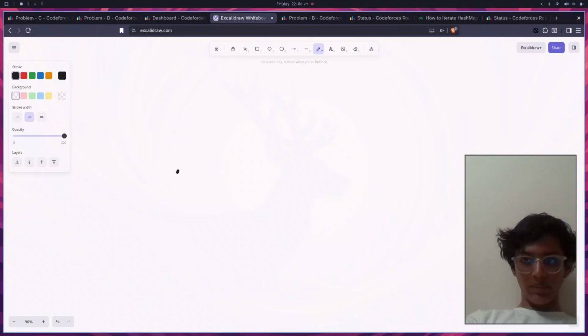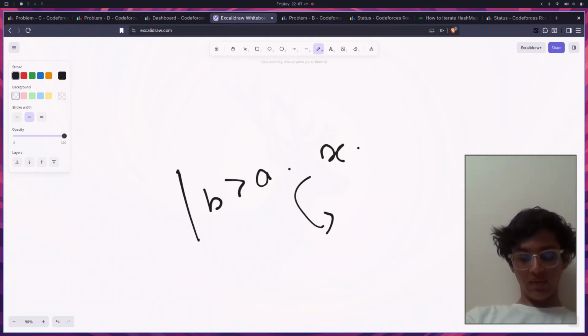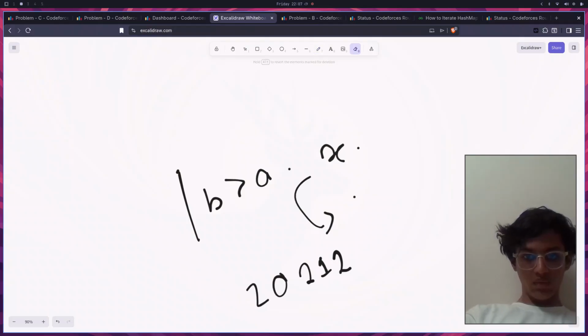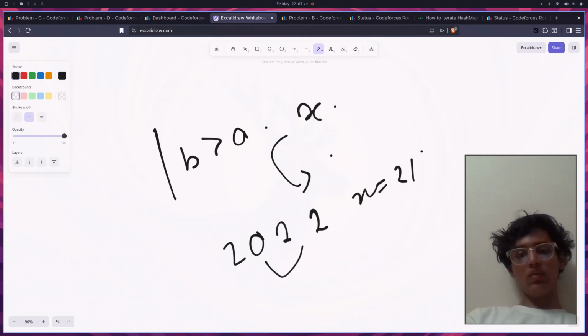So there are numbers. I considered B is greater than A, and there is an X present. So it is always optimal to divide it by X. So in 20, 21, and if there is 22, and X equals 21. So 2 plus operations will get you there, or else,